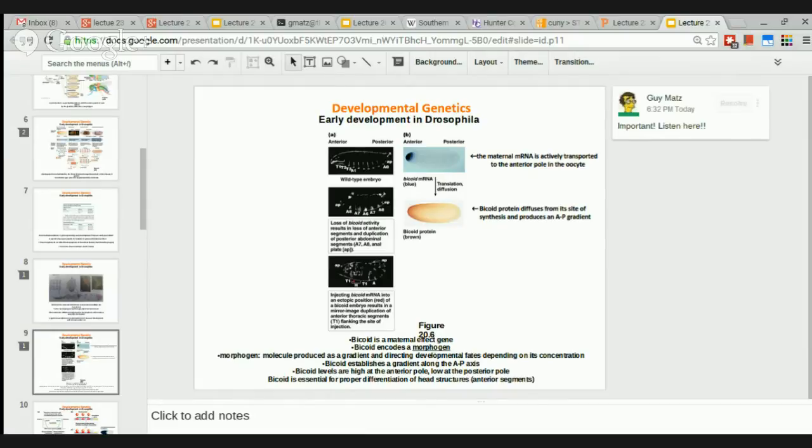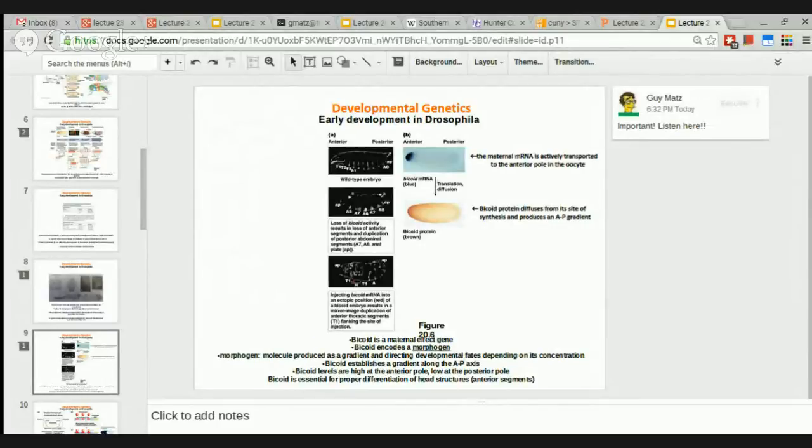In other words, simply, what you think is a single cell actually is not homogeneous. That's what it is. So bicoid is a maternal effect gene. It encodes a morphogen. We'll talk about this in a minute. That's the definition of the morphogen. I already told you it's a molecule produced that forms a gradient and that directs developmental phase depending on